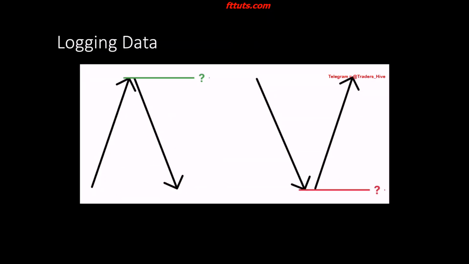First of all, when it comes to logging data, it's very important to note the following. Our main job is to log where the market ran into, so where it repriced higher into, where it turned around. We need to log the reason why the market turned around there. Why did a high form here and did we then deliver lower? The same goes for the opposing side, where we see the market drop lower into a price level, where we see a low form followed by an expansion higher away from that smart money reversal.